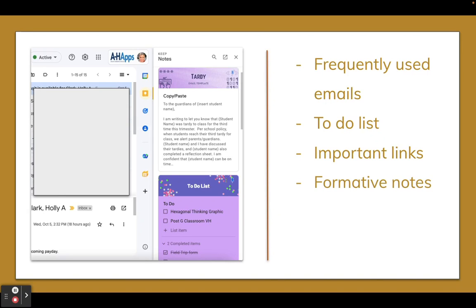I also use Google Keep to keep track of formative notes. So while I'm grading student essays or reading something for feedback, I'll pop this open and keep track of common patterns that I see in the class, and then I use those notes to guide my next instruction or feedback